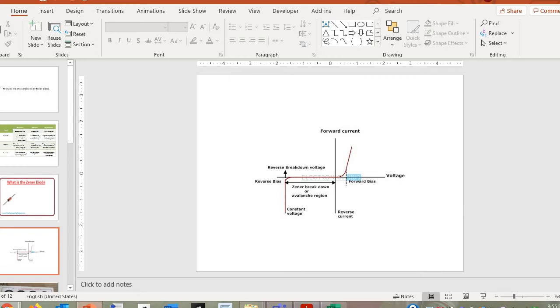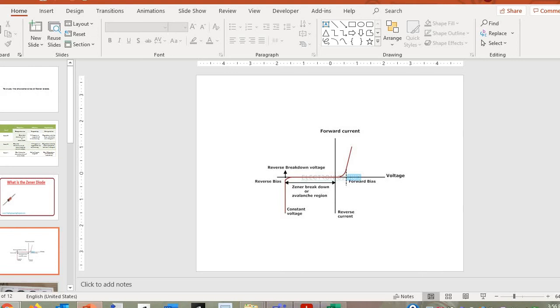Whatever I have seen, if you plot the values related to that and if you take the graph, then that will be the characteristics of PN junction diode. Why I have seen the characteristics of PN junction diode and not the Zener diode? Because I want the explanation from you people. See, Zener diode is nothing but, what we can say, the higher version of the PN junction diode.